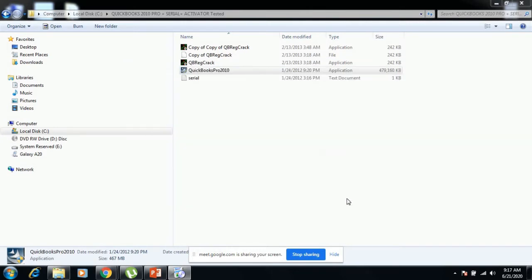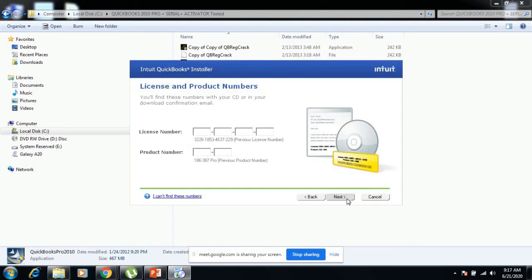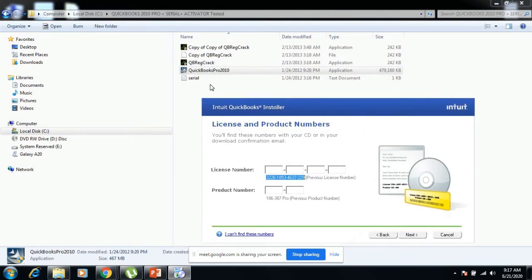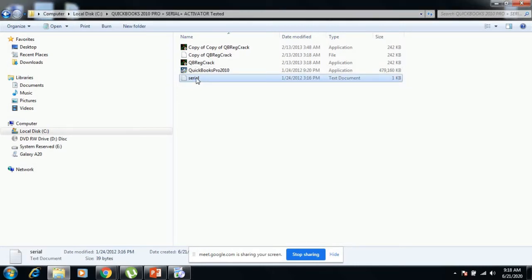Then license number and the product number. Now both the license number and product number are available in your CD. We have given several files. So there is a text file called serial. From the serial text file you can take the serial number and you have to type the serial number.